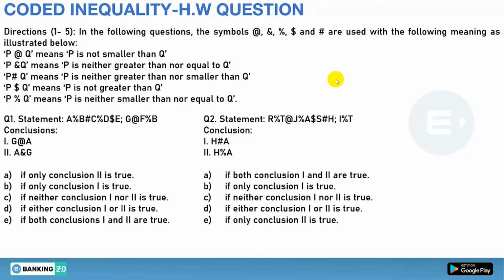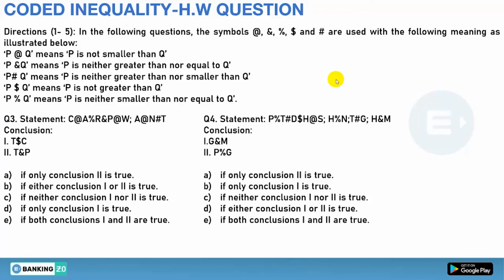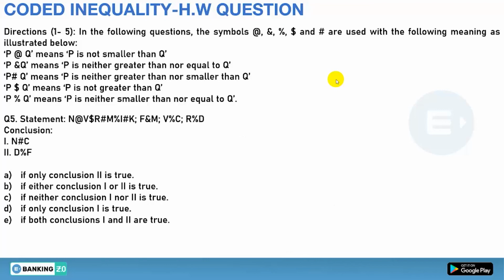So there you have the homework questions. We are giving you 5 questions. These are the first and second. Now these are the third and fourth, and this is the 5th question. So you have to solve them and answer them in the comment section box, and it is very important to answer in the comment section box because only then can I understand that you are doing the questions.